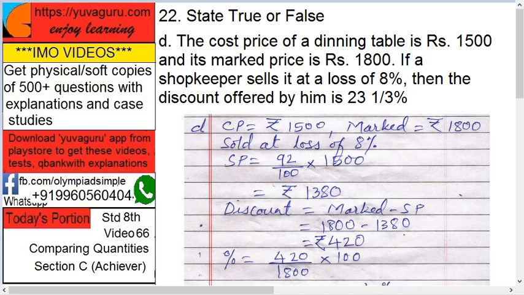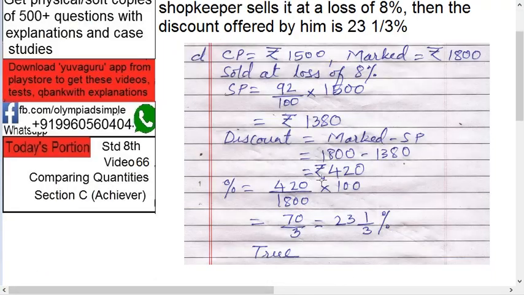So solve this. If you cancel the zeros, you get 70 upon 3. That is, just solve this, 23 1 upon 3 as a mixed fraction. So this is the answer. And what is given? Same, 23 1 upon 3. So the answer is